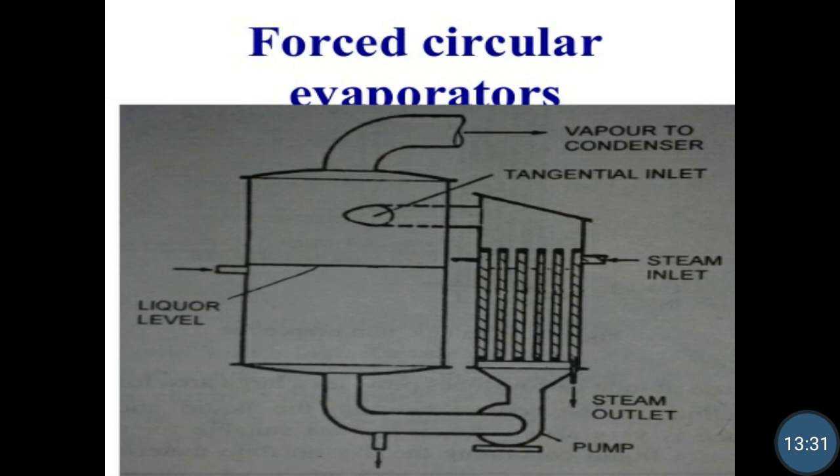And as the liquid leaves the tubes, it enters the body of the evaporator, and there is a drop in the pressure and the vapor gets removed from the superheated liquid. Okay. So in the tubes boiling does not take place, but when the liquid leaves the tubes and comes into the body of the evaporator, at that time the liquid starts boiling and the vapors are removed and come into the condenser where they are condensed back into liquid, and the concentrated liquid is removed from this evaporator.